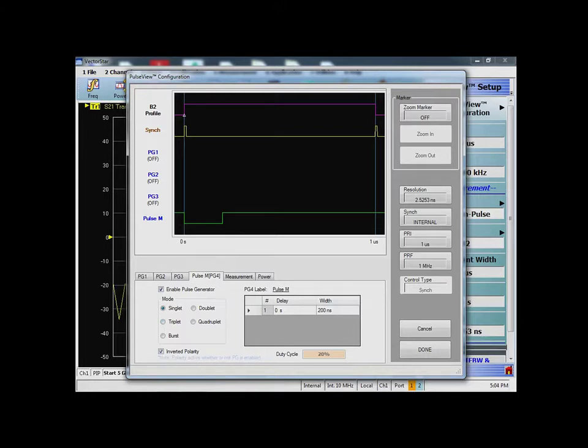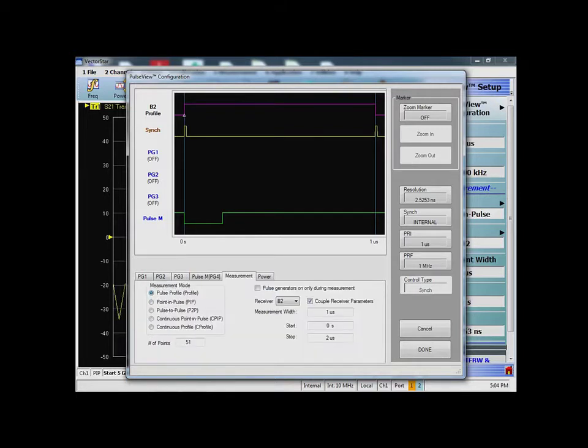Now what we need to do is the rest of the things I will show you maybe later, but today I just wanted to show you that we can configure a number of pulses. First we have done a singlet, and now let's do the measurement that we have. Let's go into pulse profiling. So that means we want to see how this pulse is looking. So we have a receiver in place, and in the next video I will be showing you why